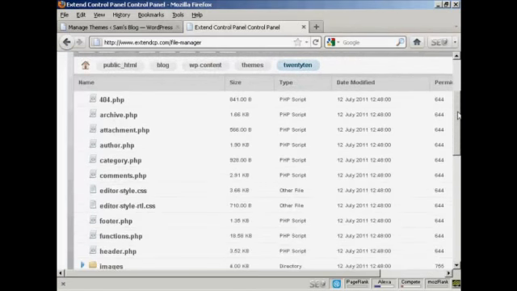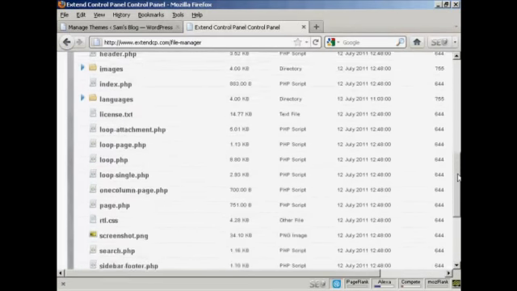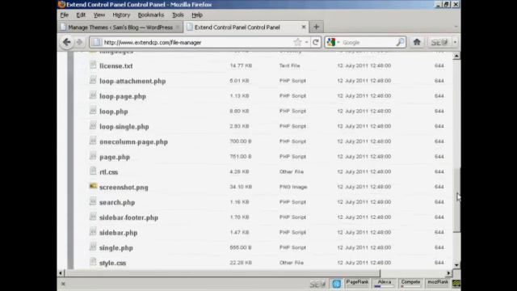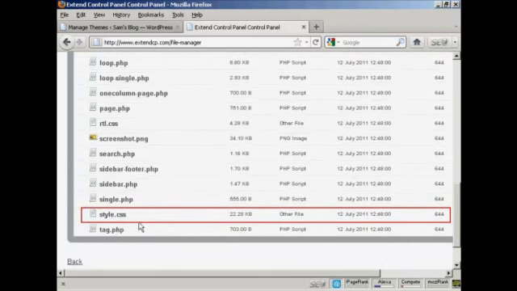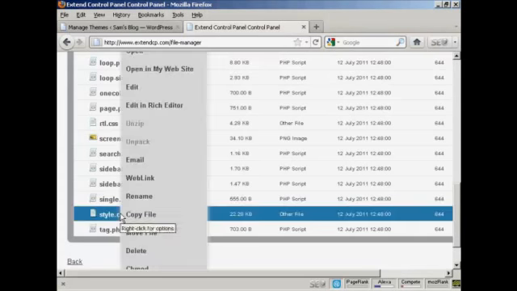And you want to scroll down until you find a page that is called style.css. Now, depending on the theme that you have, because all themes are slightly different, this particular file might be called something else, but it will end in .css. You'll see there's lots of different files that make up a WordPress theme. And you need to change the permissions to make it editable. So what you have to do on this particular file manager that I'm using is you right-click and then come down to where it says